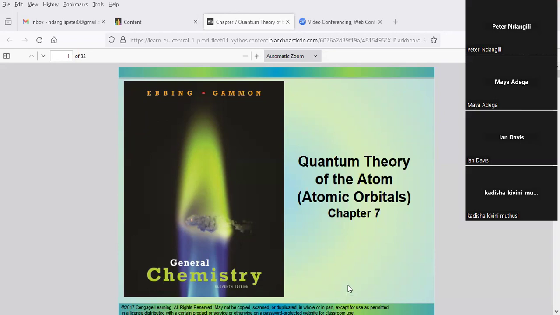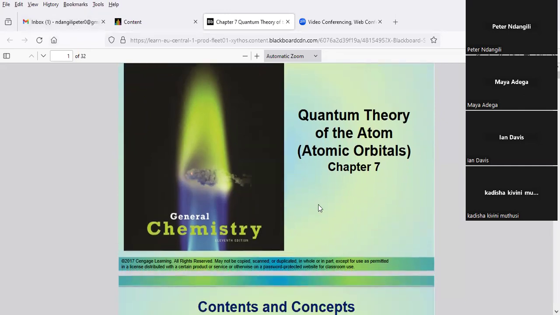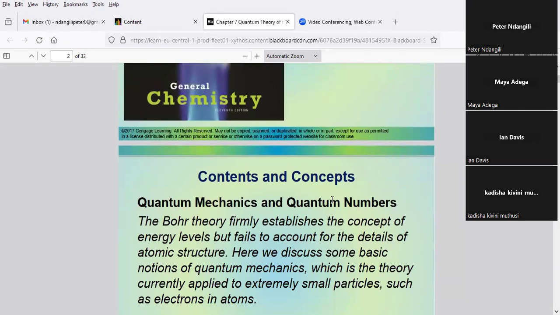So I want to introduce you to the quantum theory of the atom. We have already discussed the theoretical development of the atom, and today I will be taking you through the quantum theory of the atom. And the contents of today's lesson,